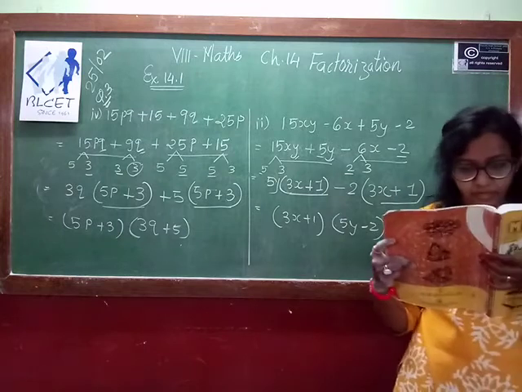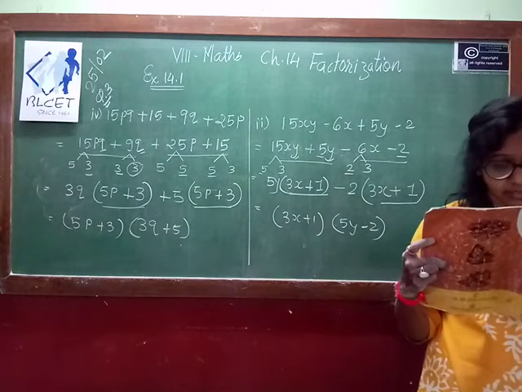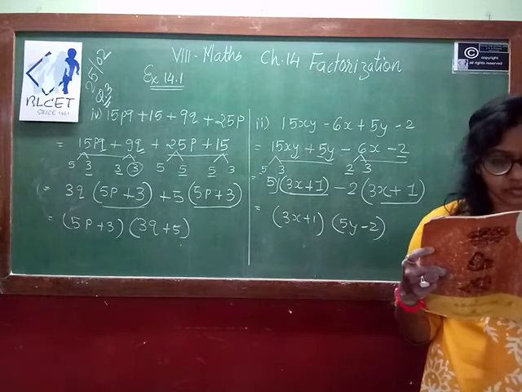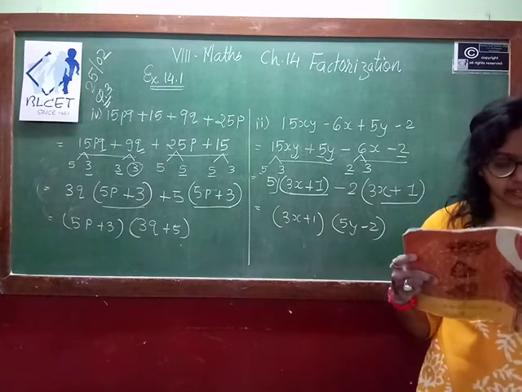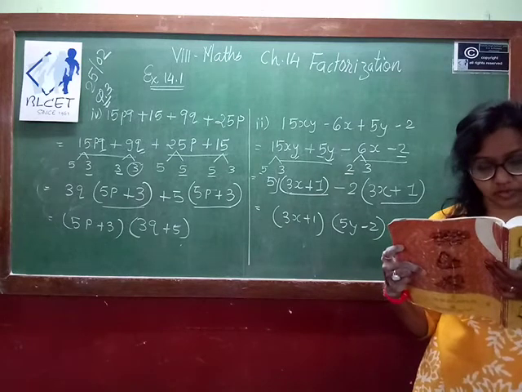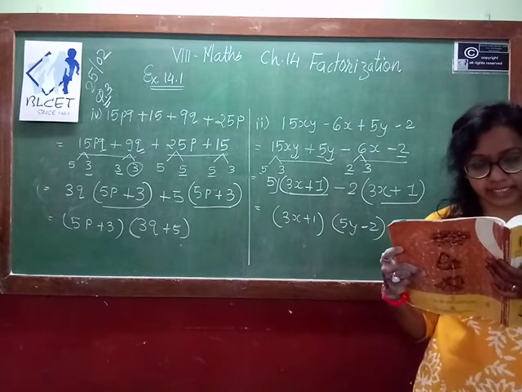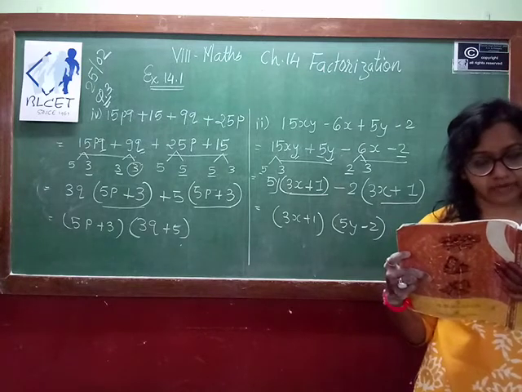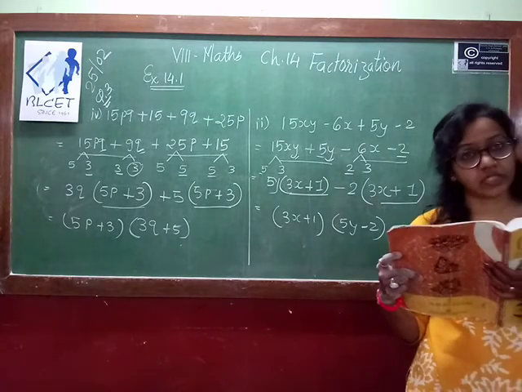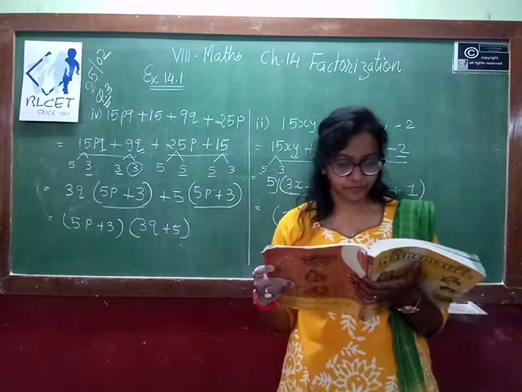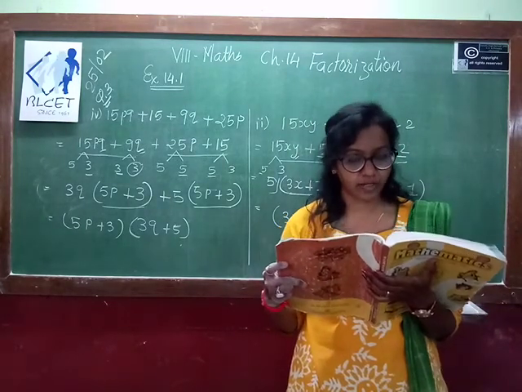Z minus 7 plus 7xy minus xyz. Okay. So same way we have to do arrangement in such a way that you are taking some common. So what can we do here? We can regroup it as z minus xyz minus 7 plus 7xy. So this way you can regroup it and you can find the answer. This fifth question also try to do by yourself.